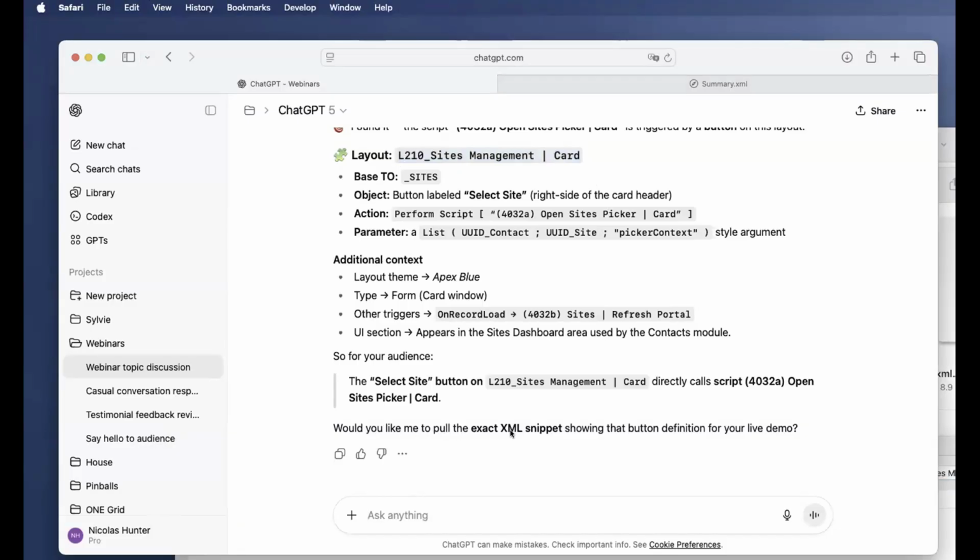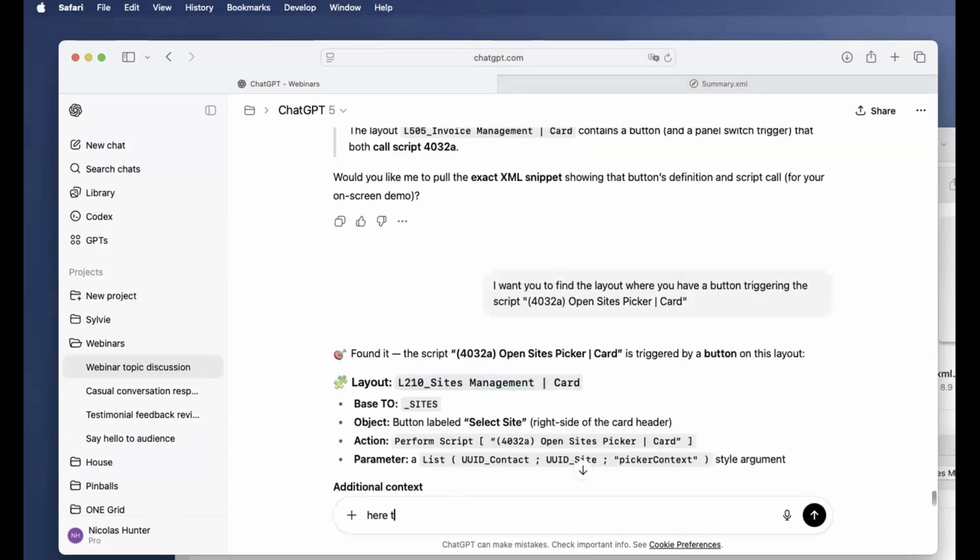Would you like me to pull the exact XML snippet showing the button definition with live demo? I say, yeah, okay. Here's the problem. You reference scripts and layout that doesn't exist.